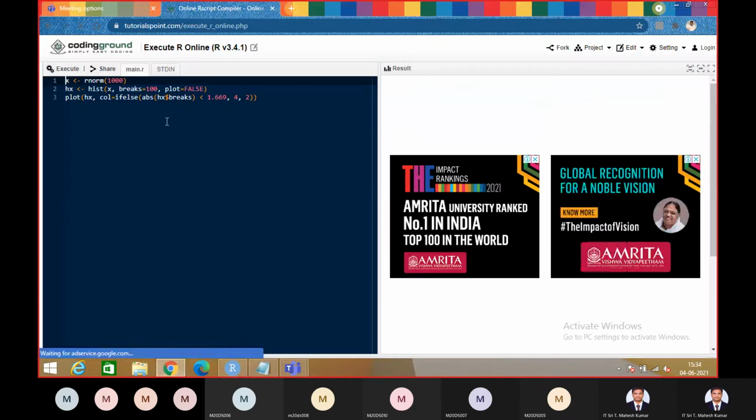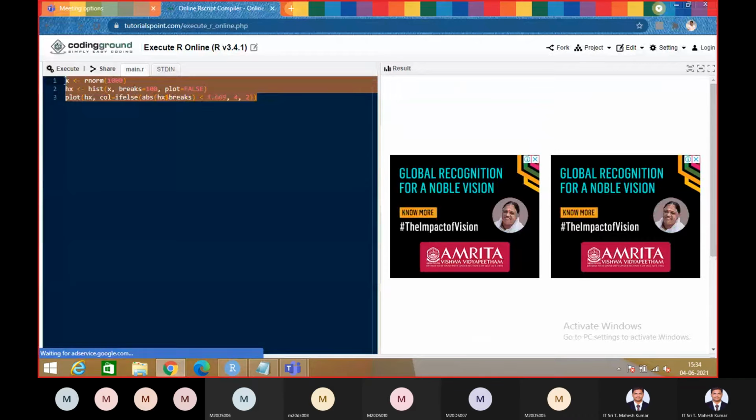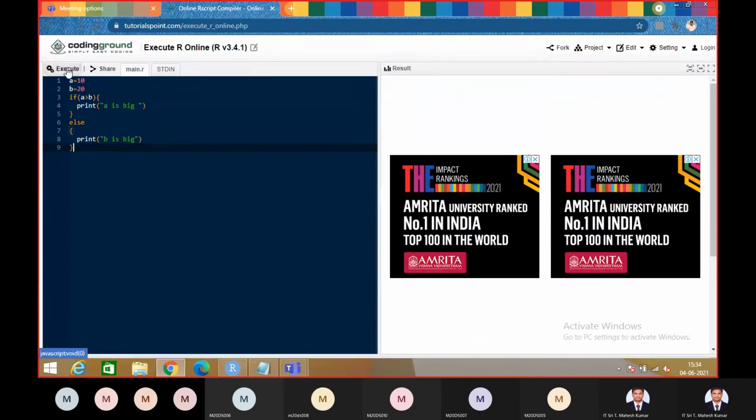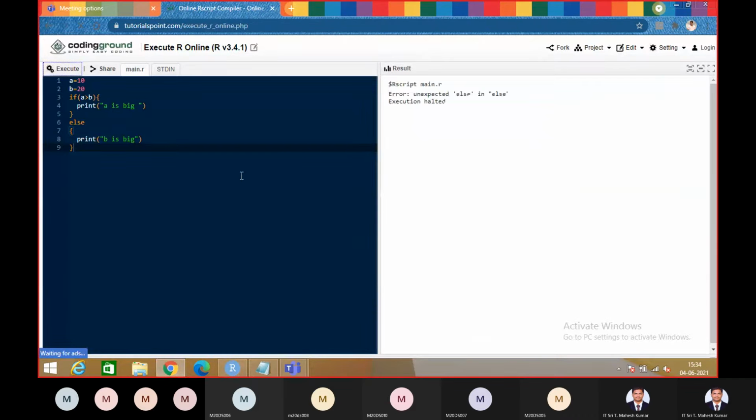I'll show you the difference. See here, when I execute this particular code, what happened? In RStudio it is executed, but here it is not executed. Why? Here you have to place else before this open brace, because here they don't know the syntax.